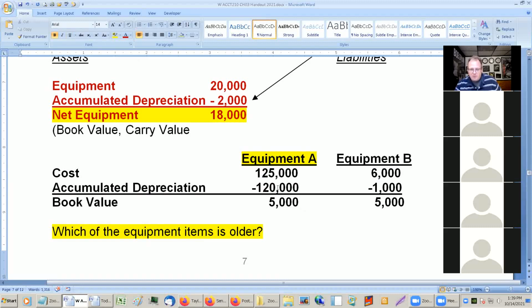If it's almost completely depreciated, it probably needs to be replaced soon, and it's a very expensive piece of equipment. Equipment B, relatively anyways, is a cheaper piece of equipment. It's only $6,000 as compared to $125,000. So if you're a manager looking at this, even though the book values are exactly the same, these two are exactly the same amounts,